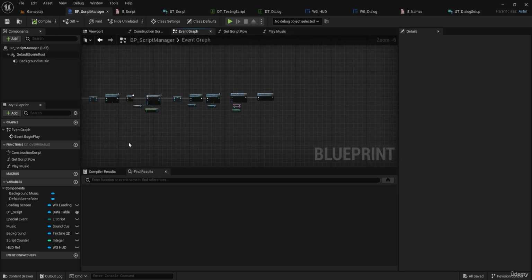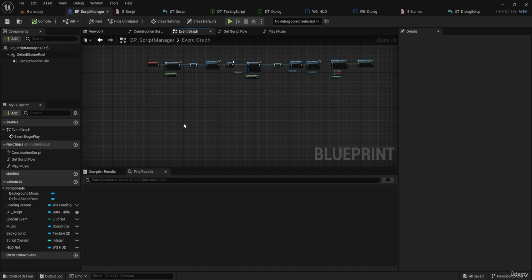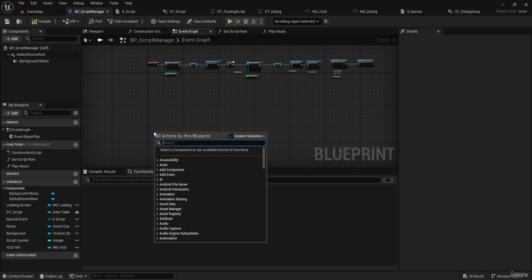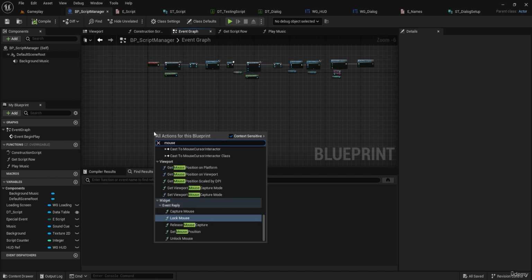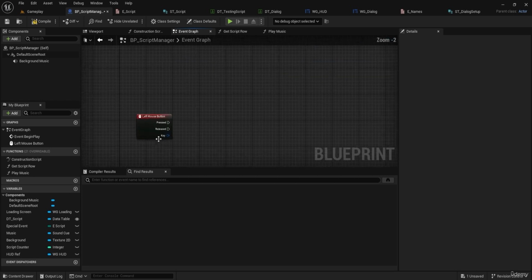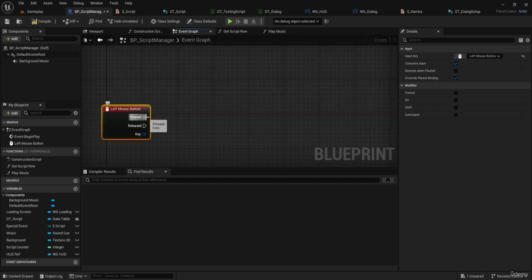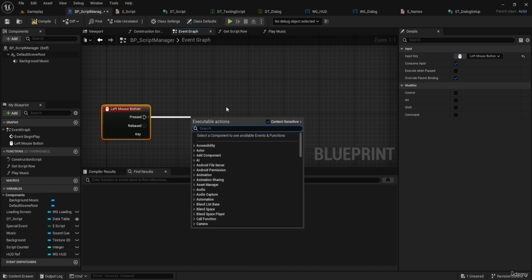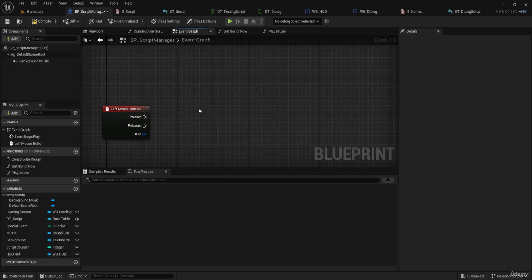So let's begin with creating our click event. I'm gonna right click and say mouse left button. Now we have a released and pressed and released. We will only use the pressed. And the first thing we want to know is, can we continue? Is there any reason we can't continue? So I'm gonna create a branch